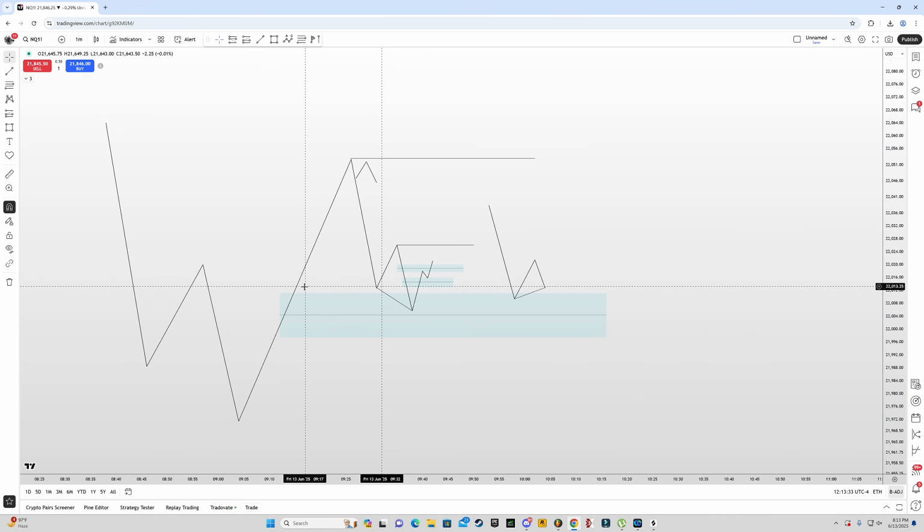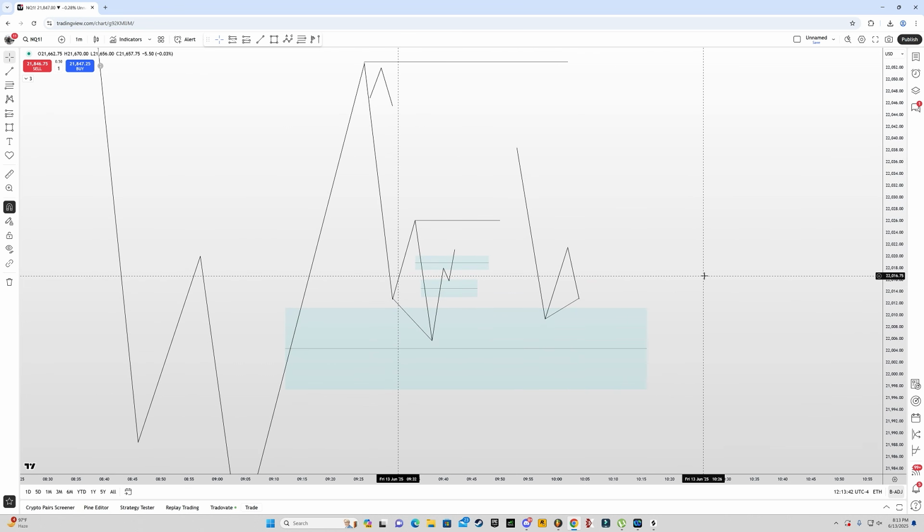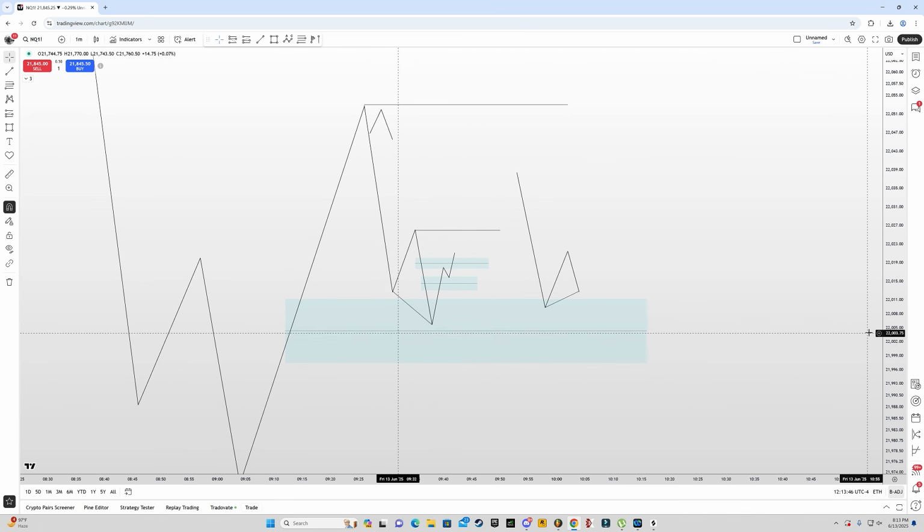Now the higher time frame PD array could be an order block as well, could be a breaker block as well, right? But number one thing, you should be trading with the higher time frame order flow, right? This is one thing if you want to increase your win rate. And then next, you wait for price to tap into a higher time frame key level, which in this case is a fair value gap. Let's say this is a 15-minute fair value gap.